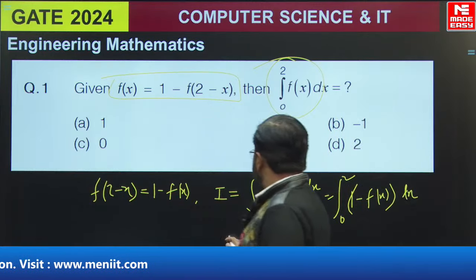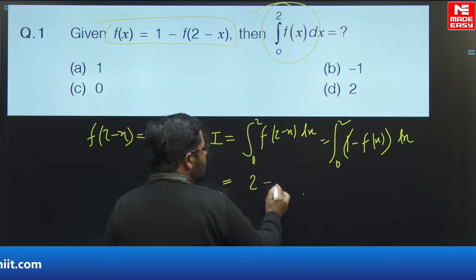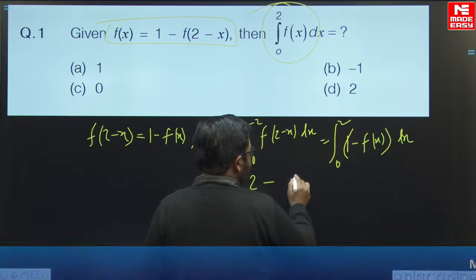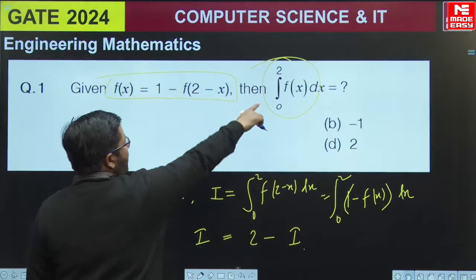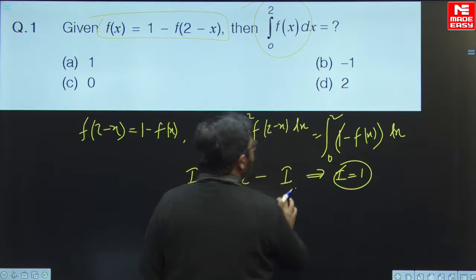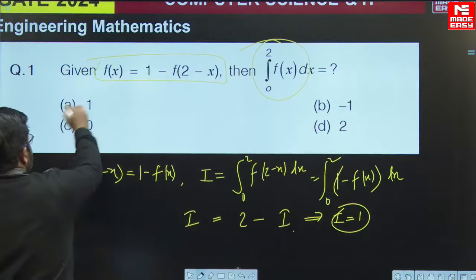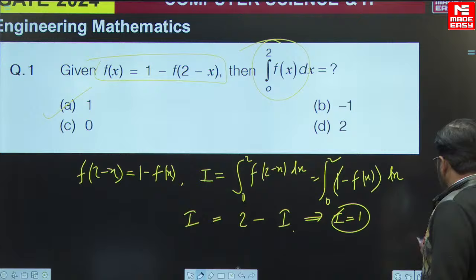अब बेटा, 1 minus f(x) into dx, यहाँ पे देखो 1 का इंटीग्रेशन of 1 is x, और फिर upper limit lower limit से 2 minus, ये है 0 से 2 integral f(x) dx, it is I, और इनिशियली भी ये I था। देखो ये वाला जो इंटीग्रेशन है इसको I ले लेते हैं, तो 2I equals to 2, so the value of I equals to 1, answer of this question is 1. It means option A is the right answer for this question. सिंपल क्वेश्चन था बेस्ड ऑन प्रॉपर्टी ऑफ डेफिनेट इंटीग्रेशन। मूविंग ऑन टू द नेक्स्ट